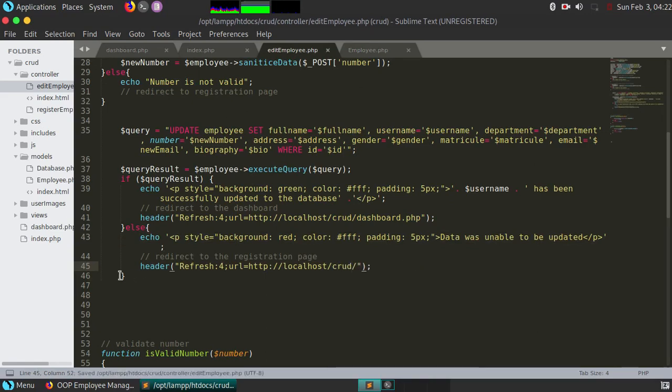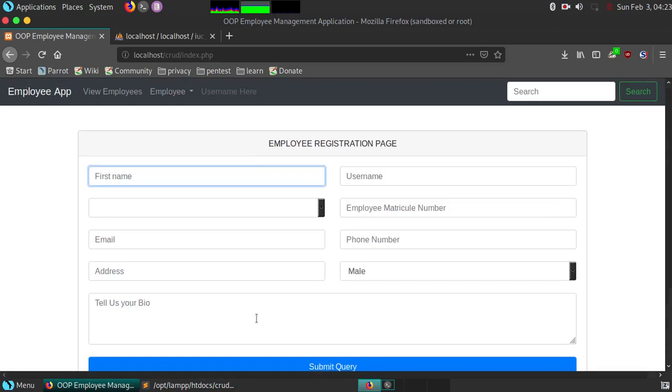Now probably we are not supposed to do this else statement, because this else statement will only be executed if and only if we have an error in our code here. The user will never make a mistake that will prompt this else statement to be executed. So this else statement will only be executed if we have an error in our code here. Let's say for instance, if instead of biography we put biographies, which is a table that doesn't actually exist, since we will not be able to query that result, we get false, and this else statement will be executed. So let us see that if we go to our table